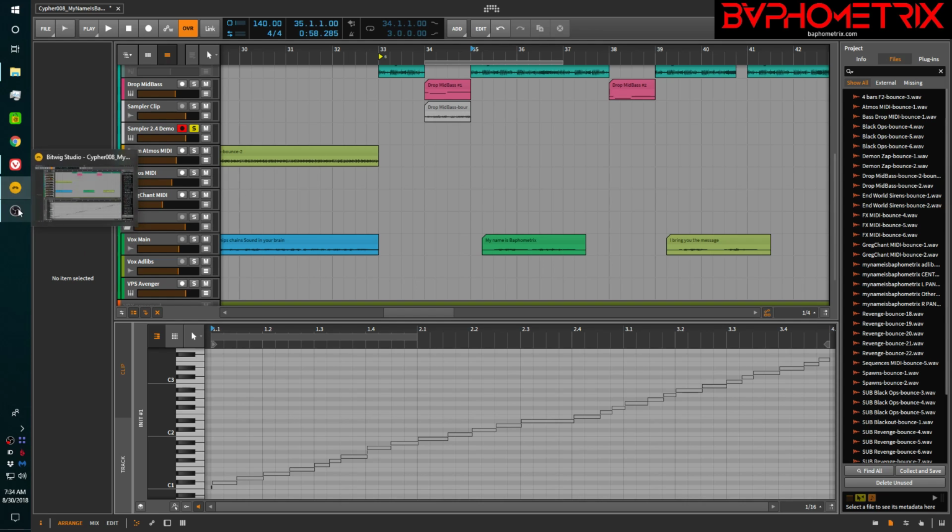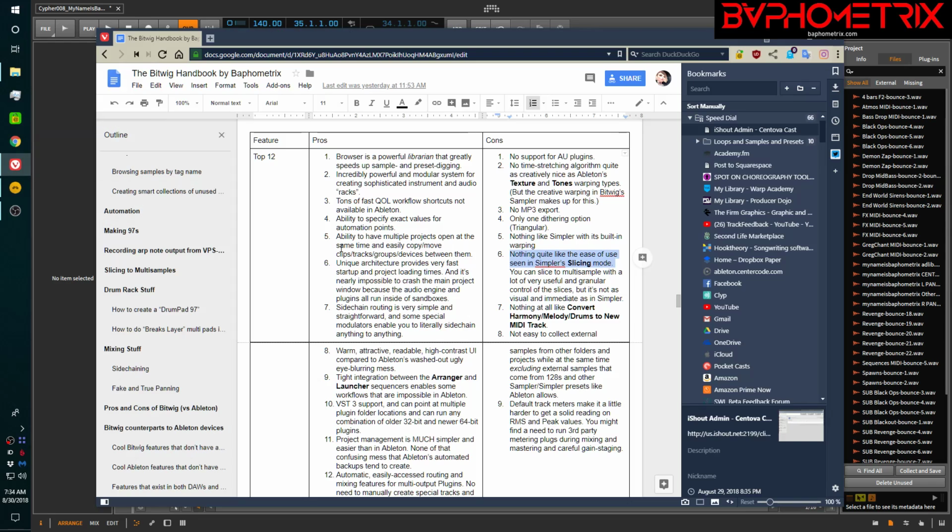Because in Simpler, you don't have to bounce it and get a new MIDI clip and deal with all that stuff. In Simpler, you can just drop in a sample and just twist that resolution knob for the slices and experiment until you find something you like. So if you use this feature of Simpler a lot, you're going to miss it. And finally, there's nothing, absolutely nothing in Bitwig that does anything remotely like Ableton's awesome convert harmony, melody,